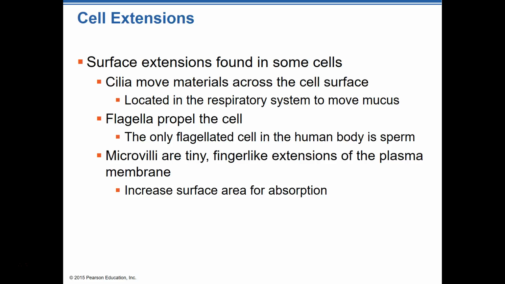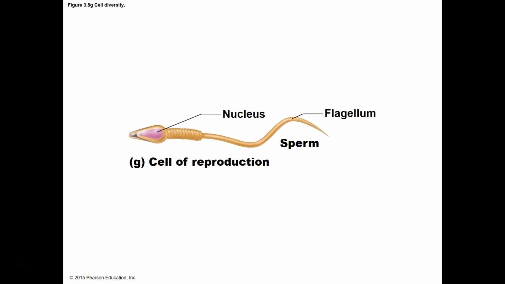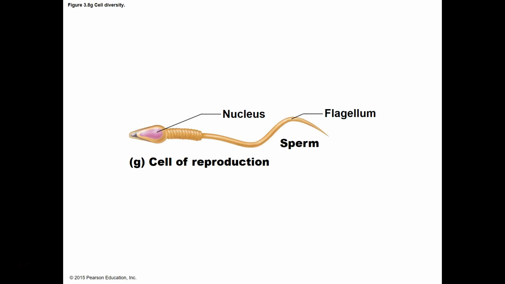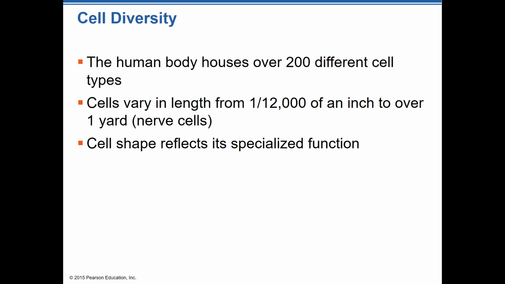And of course, there is another thing called microvilli, which are these little finger-like projections of the plasma membrane, and they're designed to increase the surface area for absorption. We usually find those located predominantly in the digestive tract. So it's these little finger-like projections, millions of them on the top of a cell.